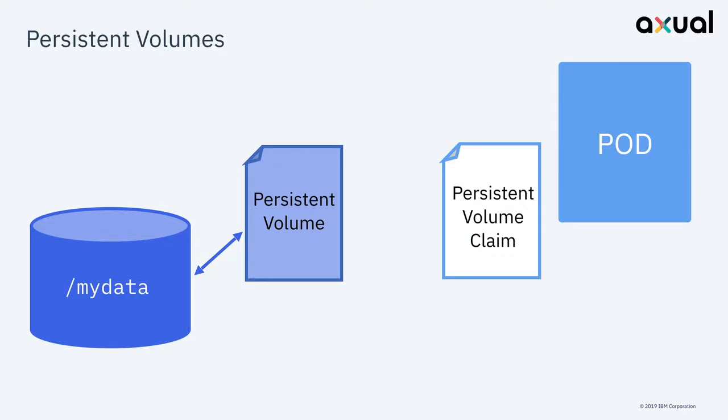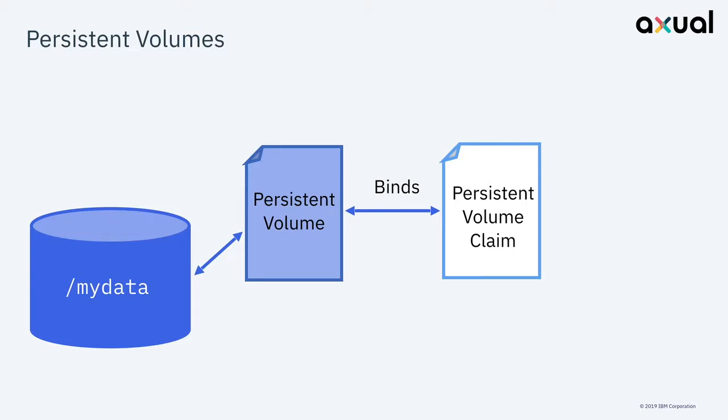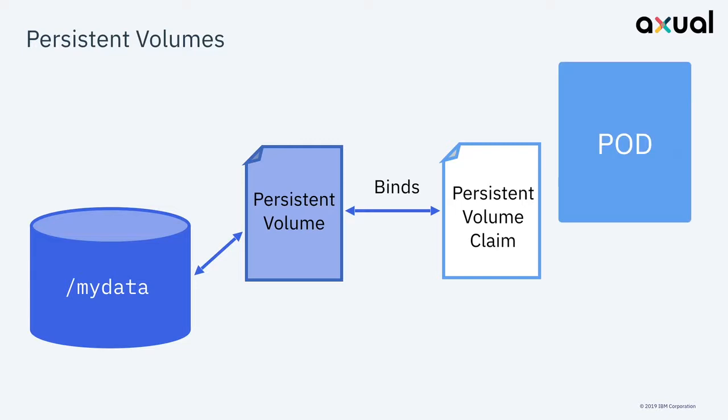So the persistent volume claim is associated with the pod, and it's basically a declaration of what the pod needs from a storage point of view. So how much space it's expecting, what location in the container in the pod we're going to mount the storage onto. And what will happen is when your pod starts up, the persistent volume claim will bind to the persistent volume. And the key piece is for a stateful set, if your pod goes down, the persistent volume claim stays there. So then when the pod comes back up again, it will actually pick up the same persistent volume claim and have the same underlying storage.